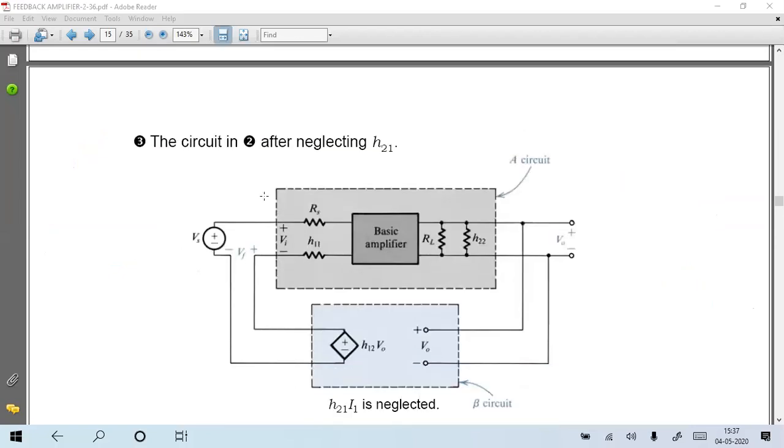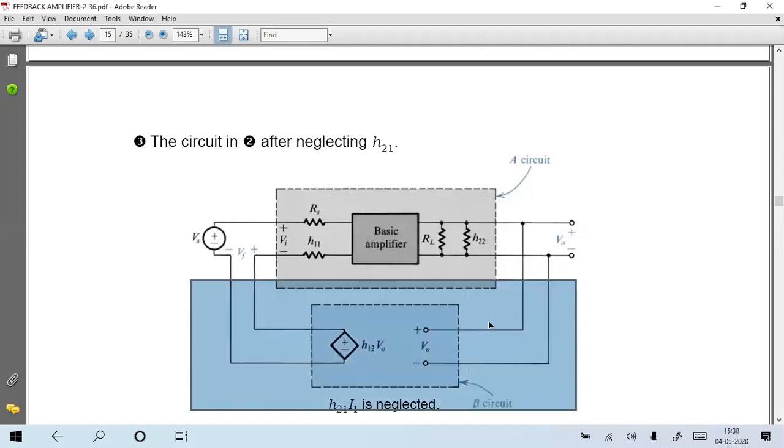In between, H22 was there. This H22 was connected between this point to this point to this point. That will be shifted here. This point to this point, nothing but this. And here H21 I1 was eliminated because V2 was dominating. Parallel voltages are the same, so the current source will be redundant. So on the left hand side we are replacing like that, and this side is the equivalent circuit.